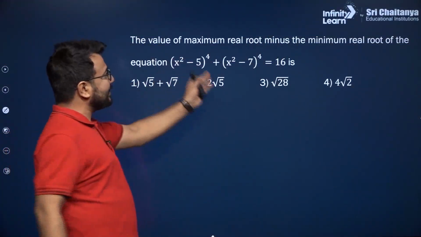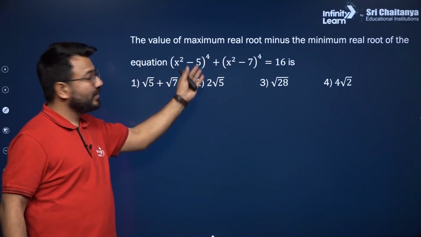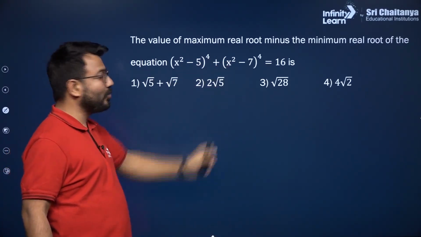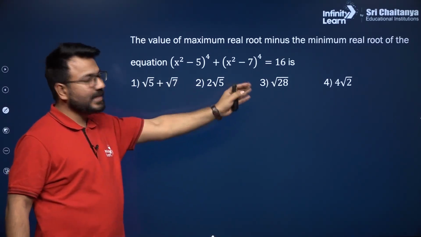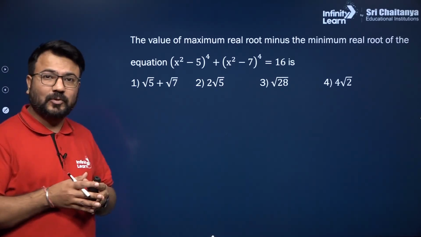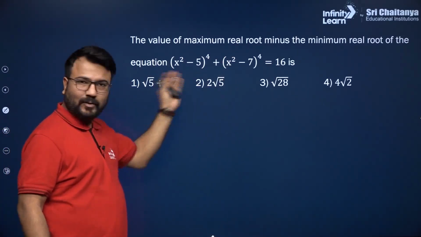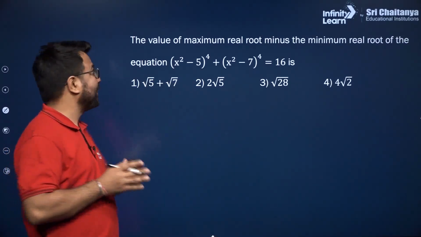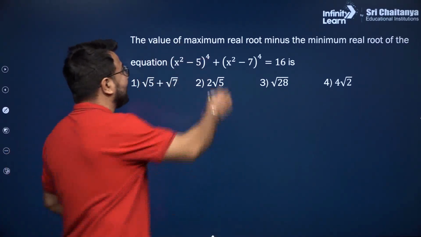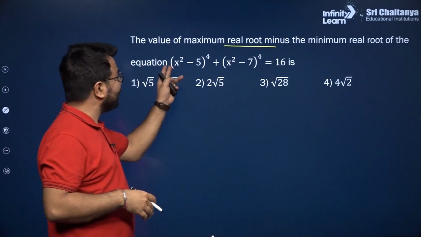So the value of the maximum real root minus the minimum real root of the equation, one equation is given to you in the form of a biquadratic, is equal to 16, is option A, option B, option C and option D. So basically what you need to do, you need to actually find the solution of this biquadratic equation, and then you will be able to get the minimum and maximum value of it. Okay, so basically minimum and maximum value of the real roots,